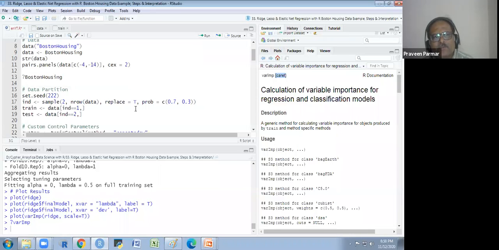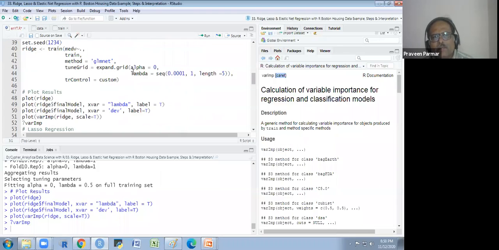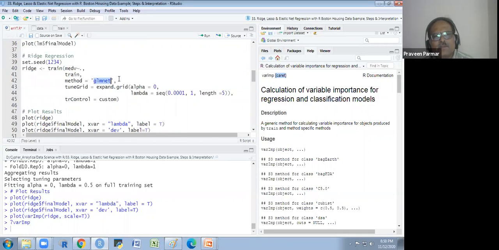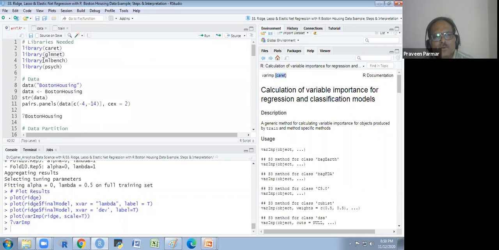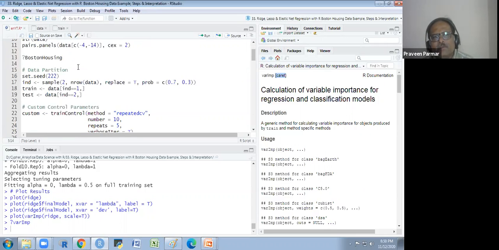We have used that function here, with the method and our data set, and this library we use for many statistical purposes.